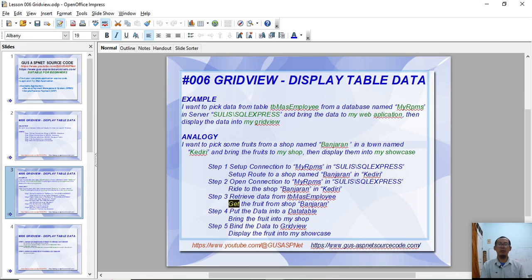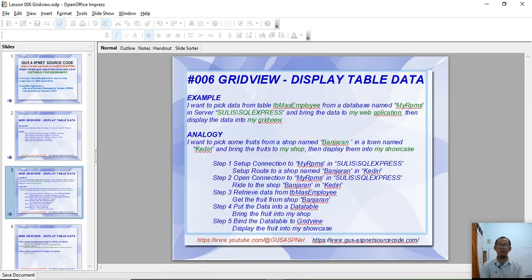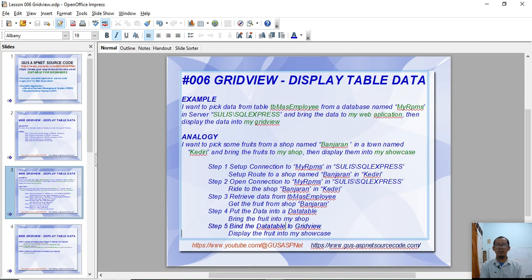Get the fruit from the shop. Put the data into a data table. Bring the fruit into my shop. Bind the data table to the grid view is analogous to displaying the fruit in my showcase.